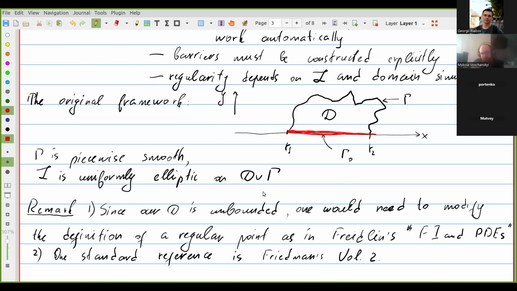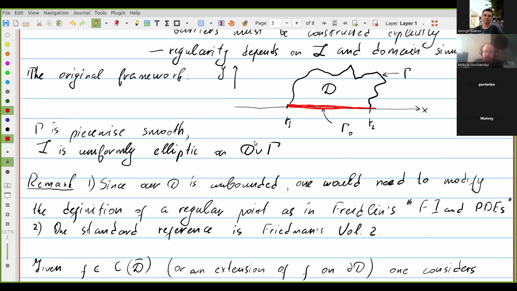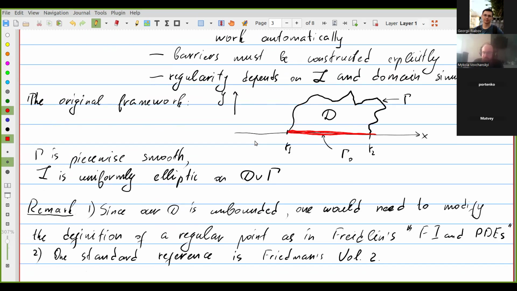the definition, for instance, of a regular point that is going to follow should be modified exactly as in Freidlin's Functional Integration and PDEs, but I will skip this modification because we will not use the result for regularity. I still will cite it because I think it's interesting, and there is not much information available for such Harris flows with correlation.